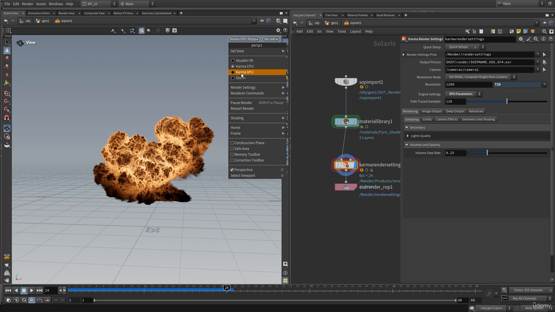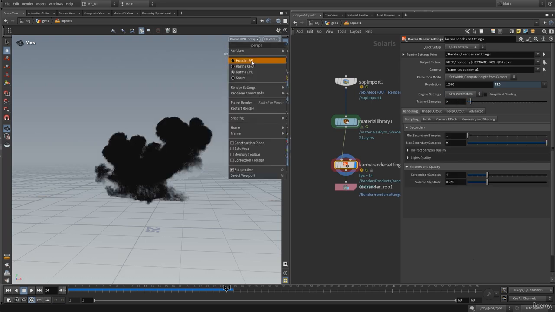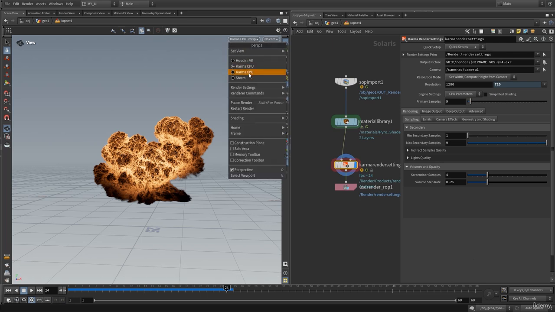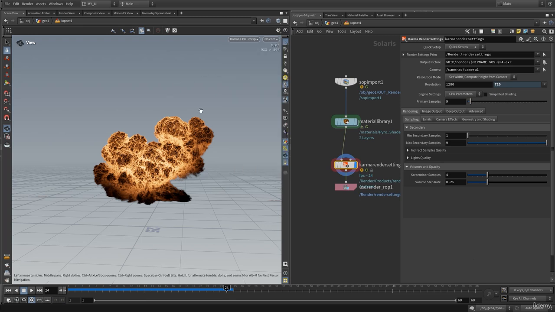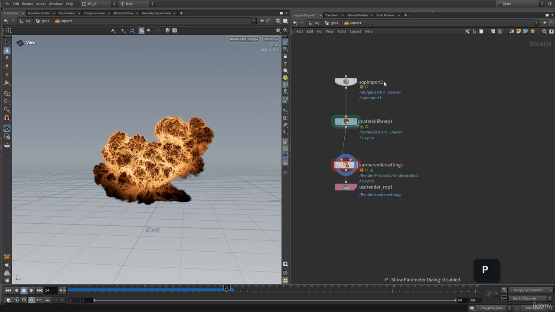If I were to change this to Karma XPU, this material is not going to work because it is designed to work with the CPU renderer. Karma CPU and Karma XPU are not the same render engine. They are completely different render engines. To make this material compatible with Karma XPU, we need to create the material inside of Solaris, which means I'm going to just